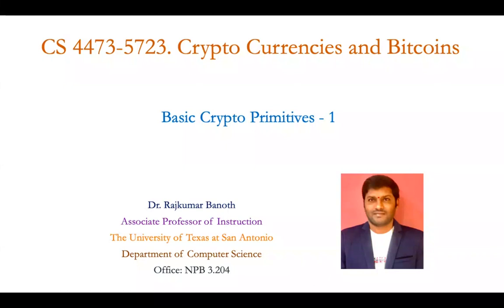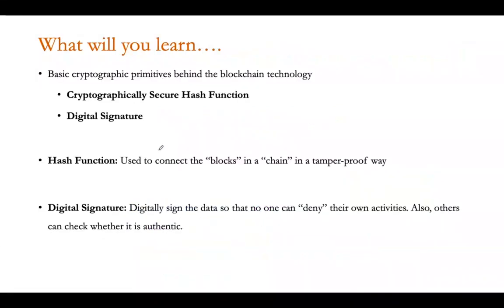Okay. So we call these the basic properties which we use for our blockchain, the basic crypto primitives. We'll try to discuss this in what we are going to learn in this basic cryptography. As we said, we are trying to learn the basics of how this information will be secured by using the crypto primitives behind this blockchain technology.